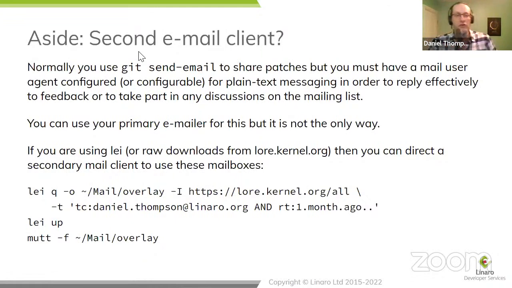It's an aside, it's not a common way to work. I do know a couple of people who are using lei instead of subscribing to mailing lists. And these search strings don't have to be to yourself. They can also look for subject lines. They can look for changes to particular files. This can jump on any mailing list that you wish. So this can be a very effective way to watch mailing lists that you're interested in, particularly if you're still deciding what you're interested in, because it's really quick and cheap and easy to change the search strings.